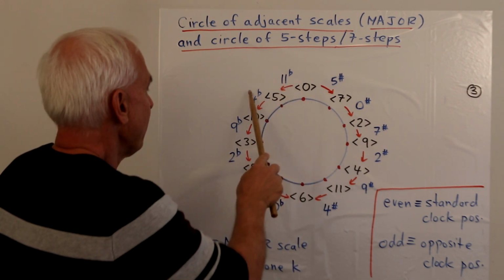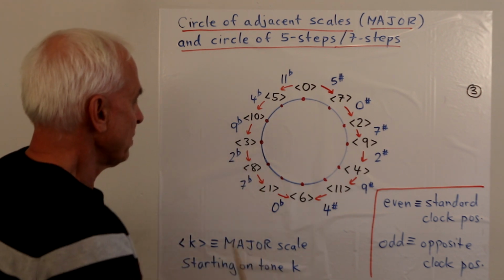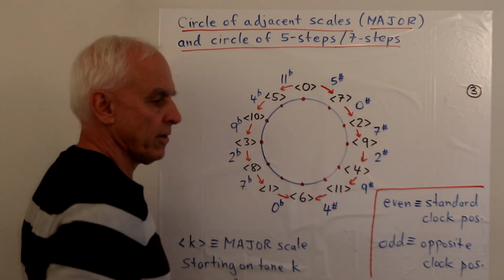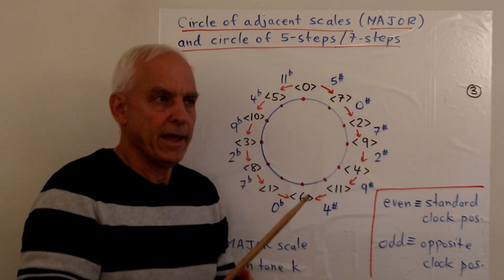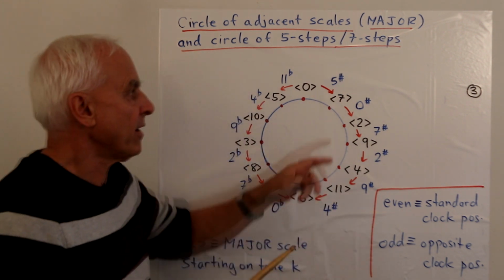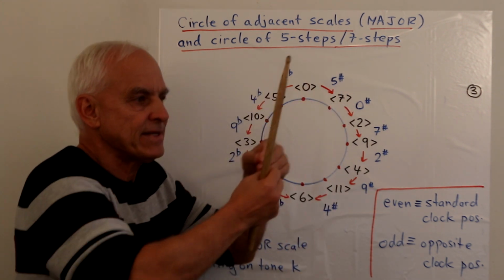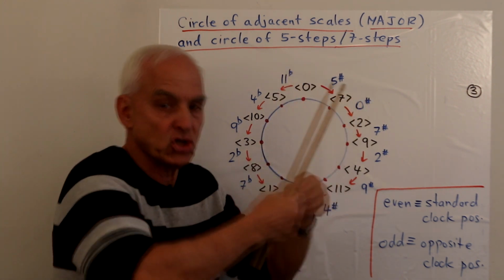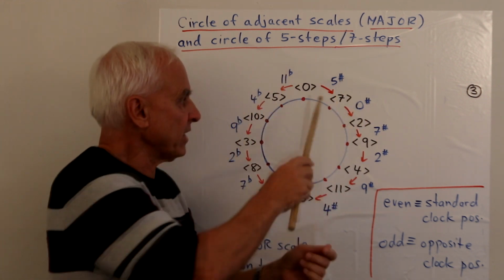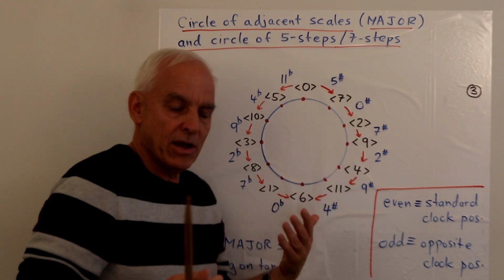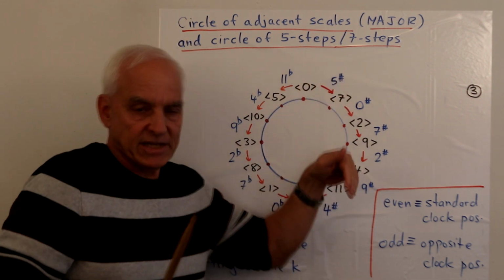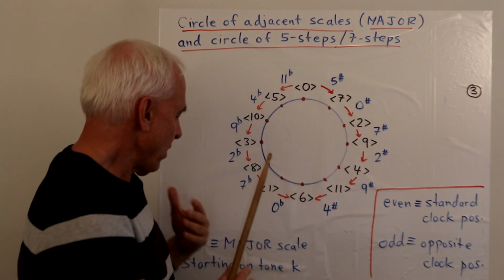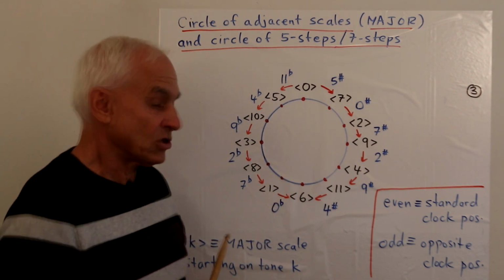So here we have 11, 4, 9, 2, 7, etc., corresponding to 11 here, 4 here, 9 here, 2 here, 7 here, etc. So there's also a very natural pattern in the various steps that we have to take to go from one scale to an adjacent one. In other words, the raisings, the sharpings, or the flattings that are involved as we go around either in this direction or in this direction is also ultimately a 7-step procedure or a 5-step procedure. So there's something quite pleasant about this story.